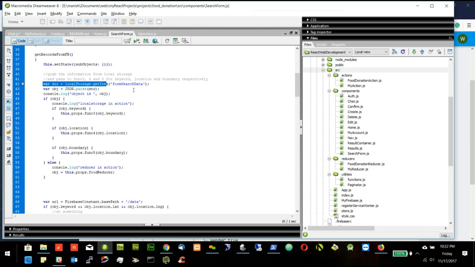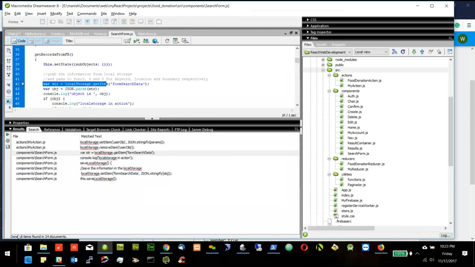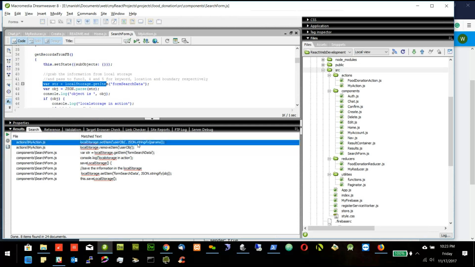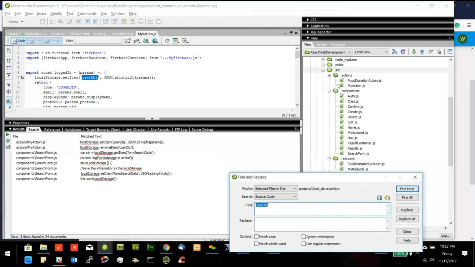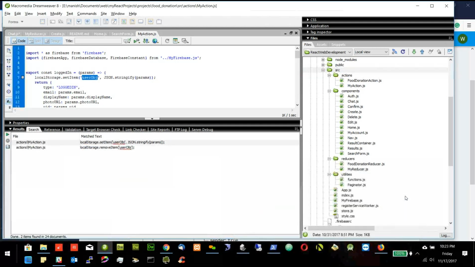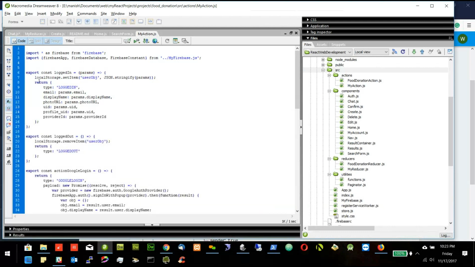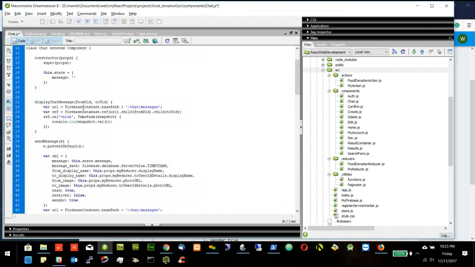No, not this one. I don't need this one. I need the user object one. Let's see where I have used this one. Okay, I haven't used it now, but I will use it now. So let's grab this part. So here,